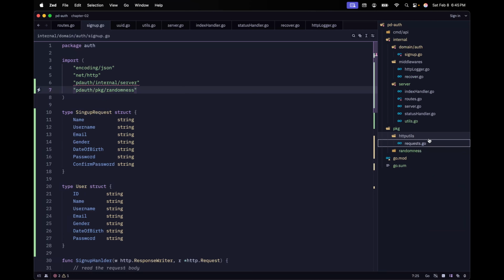Now over here, we don't have to import it from the server's package. We can import it from the HTTP utils defined in our package system. Yeah, now we should be good. Let's run it again. Listening on port 3000. Let's go to our HTTP and let's see. All right, we are getting a bad request and also a response, and that is because we are not returning